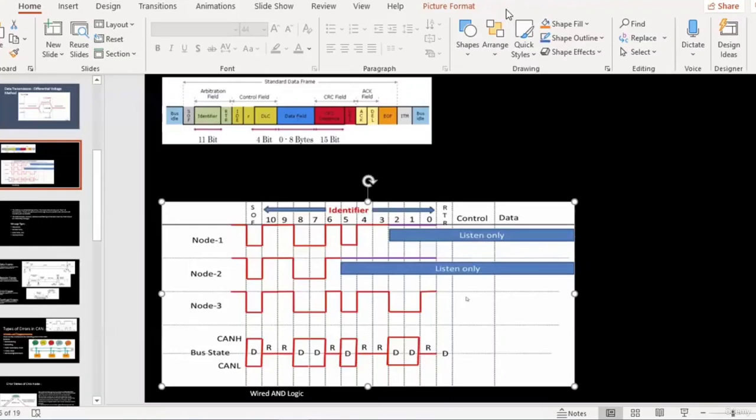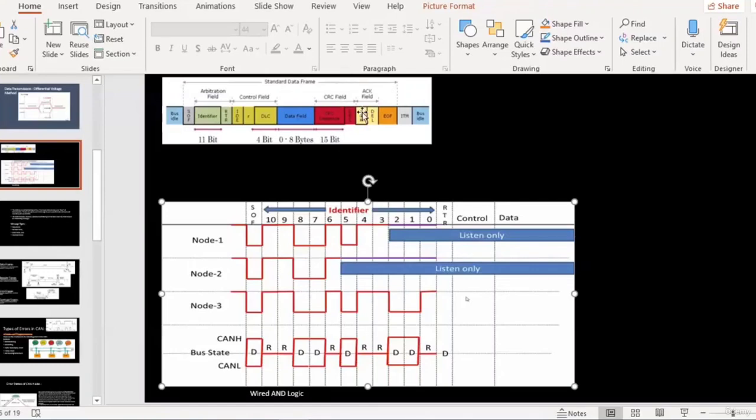What is applicable to the automotive industry is CSMA/CD, which is used by the CAN protocol. Here, let's suppose there are 6 nodes which are trying to transmit the data at the same time. Now, depending on the arbitration or the identifier that I showed you, 11-bit identifier or 29-bit identifier, the priority of the message would be decided. And based on the priority of the message, the highest priority message would keep on transmitting, and that particular node will get the command of the CAN line, and it will continue to transmit.